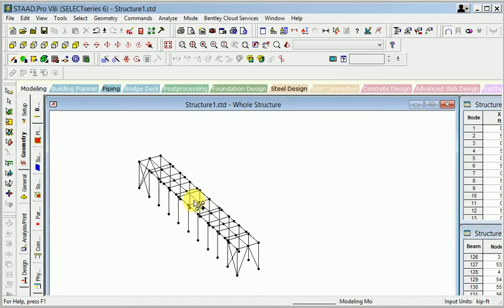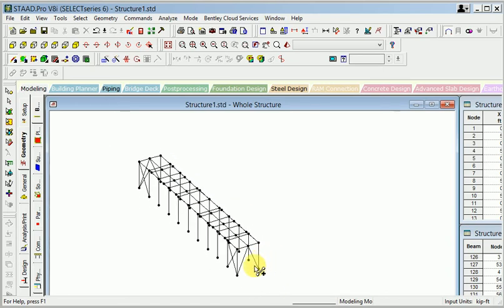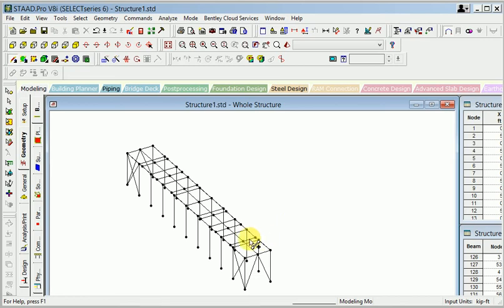Here you can see that this is very useful for design right now.